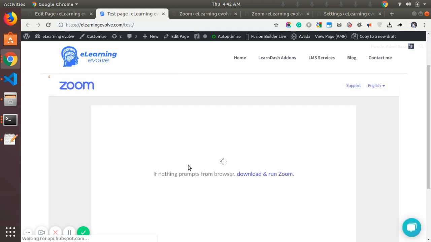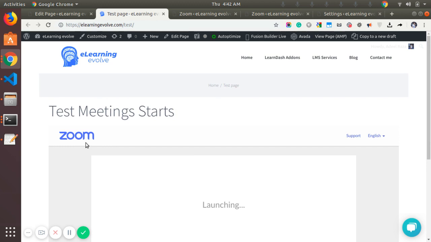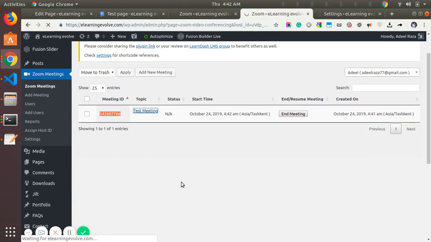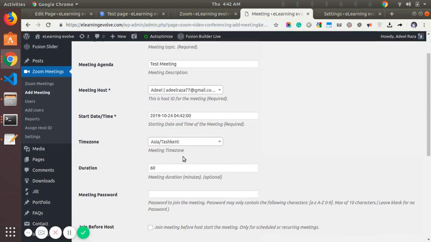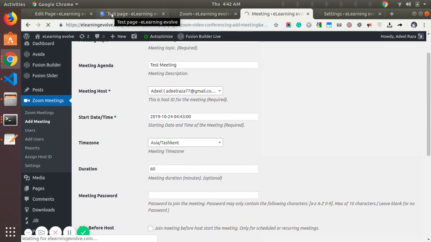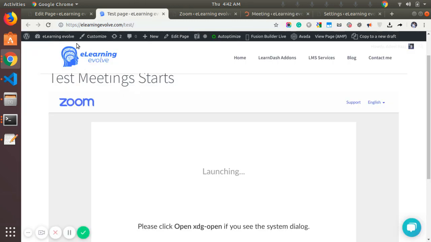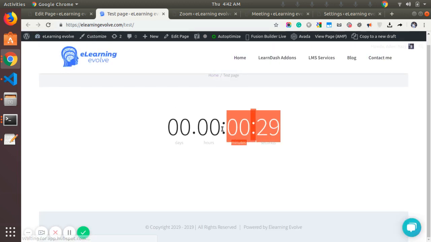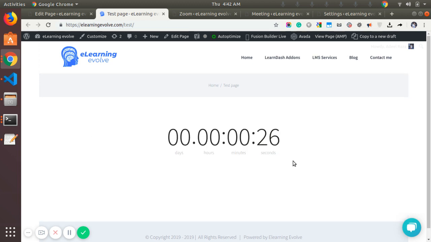So here's the Zoom API that's been integrated on this page. So let's just change one thing and see if the time has not yet started for the meeting. And there's a countdown that's being displayed on the page. So if the meeting has not started, the users will be able to see a countdown for the starting time. And once the countdown is over, then the user will be redirected to the Zoom page where they can start